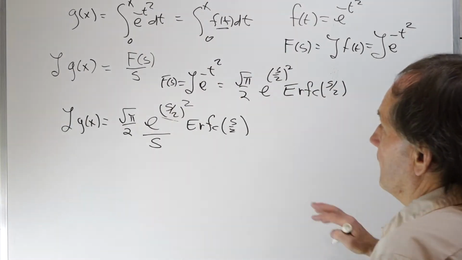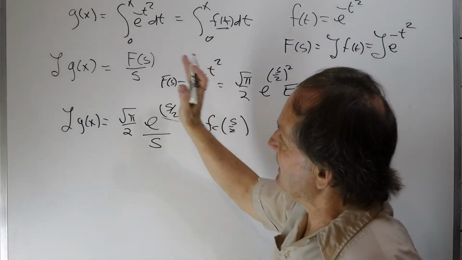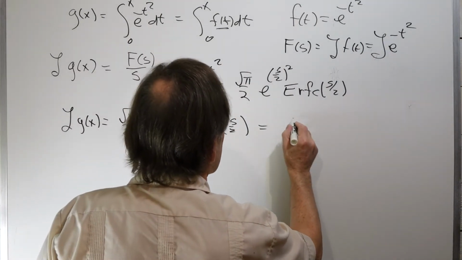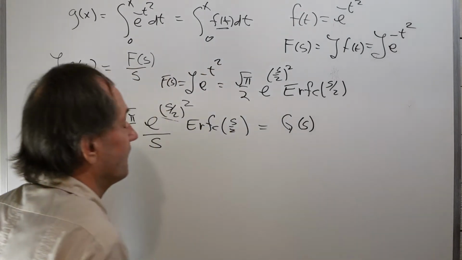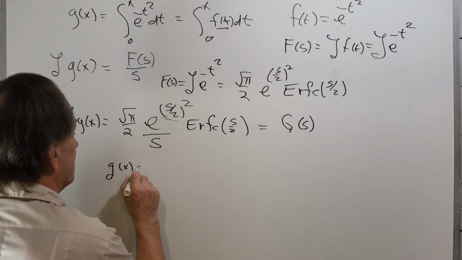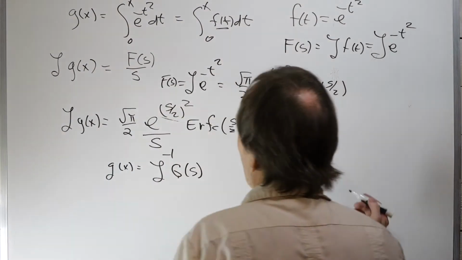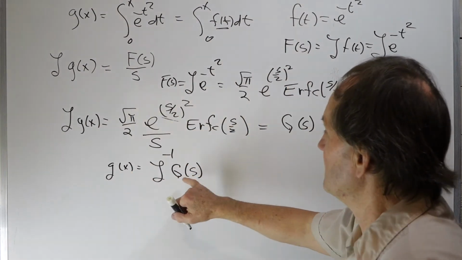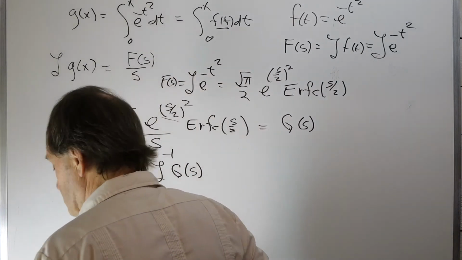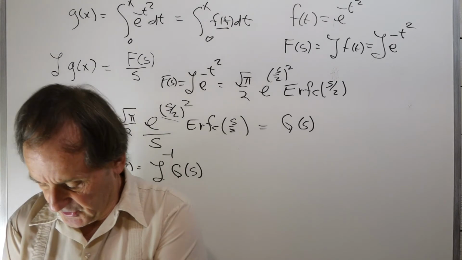Now, we are in what's called the s domain, the transform domain, and we need to get back to the x domain. And the way we do that is, this is the transform function, and g of x is just the inverse Laplace transform of g of s. We're going to go back into the x domain, so we have to take the inverse Laplace transform. And the way we do that is we go to the book of transform pairs, and on page 316